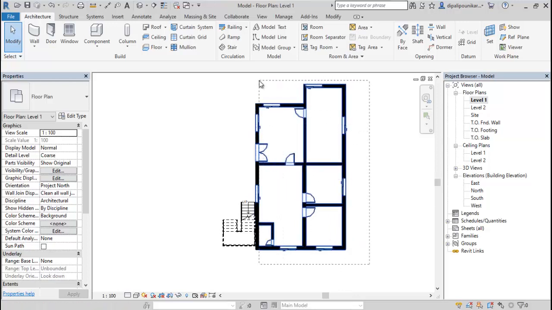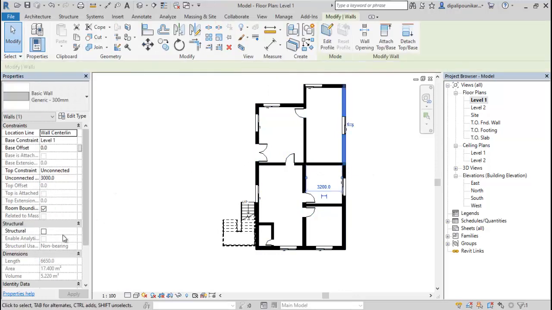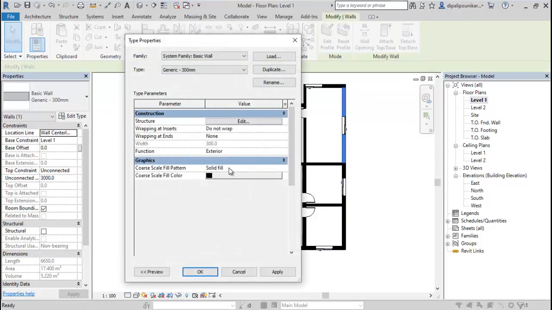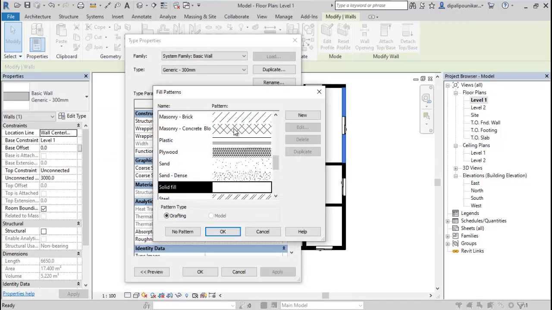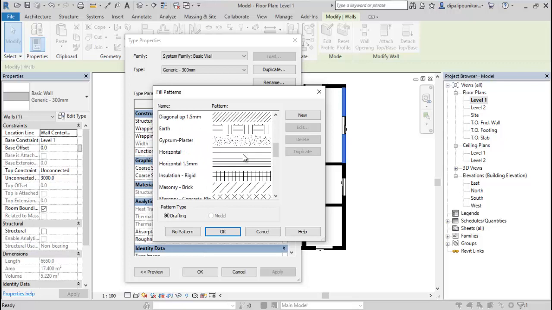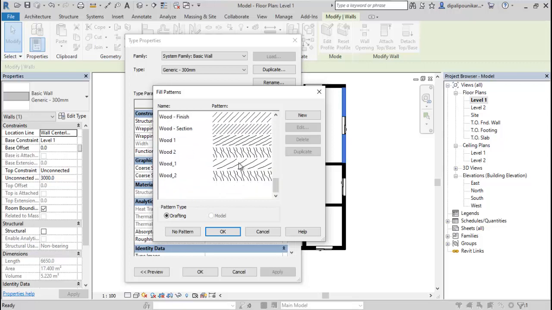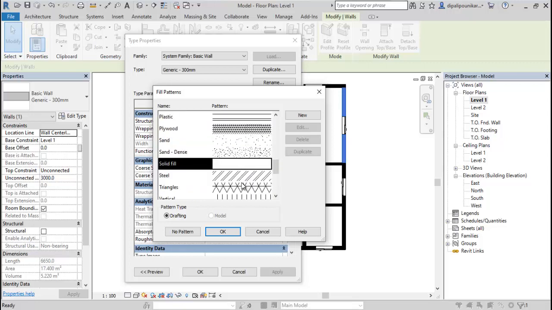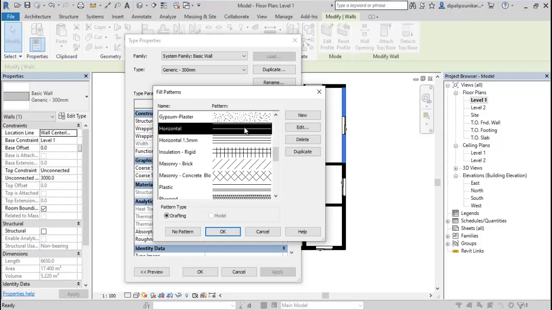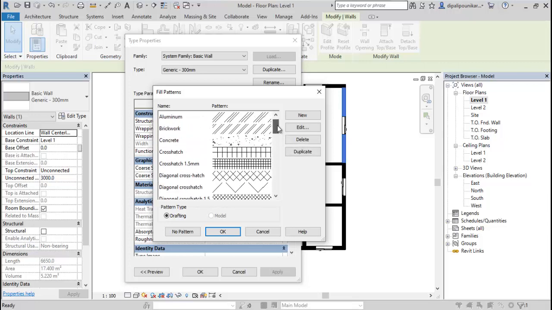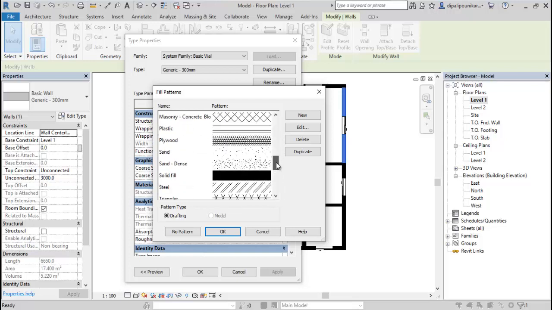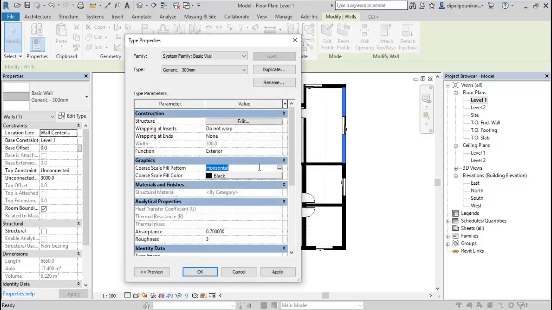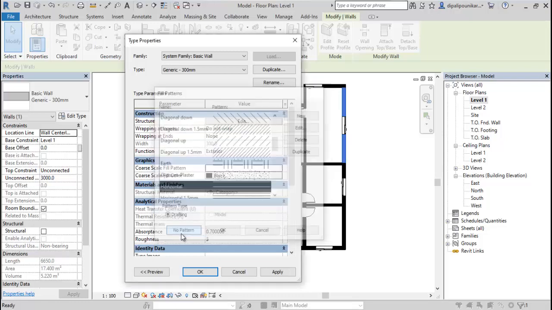But first of all, for the wall we have selected, we are going to change the detailing of the wall. Like this, we are going to change the solid fills, because most people do not understand why we are providing the solid fills. That's why I'm changing it. We can provide this one also, or this one also. It is totally based on you, what kind of fill you want to provide. So let's use this one, or if you want no pattern, just click on no pattern.